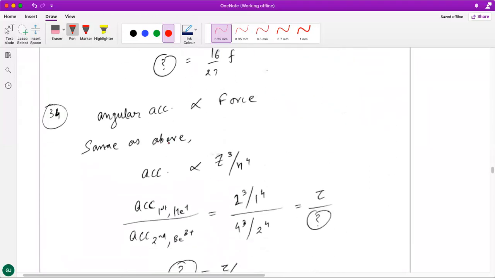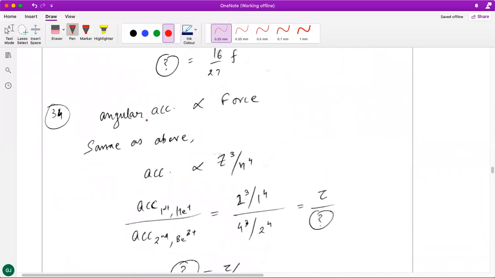34th question is also based on the same lines. It might again look to you like what is angular acceleration. Okay, this term you may not understand because I have not taught you circular motion, right? So this is something where I would want to take an analogy of how force and acceleration are directly proportional to each other, which you have studied in linear motion. You must have studied this relationship in linear motion, F is equal to ma. In the same way, in circular motion also the force, the centrifugal force you can say, or the centripetal force is directly proportional to the